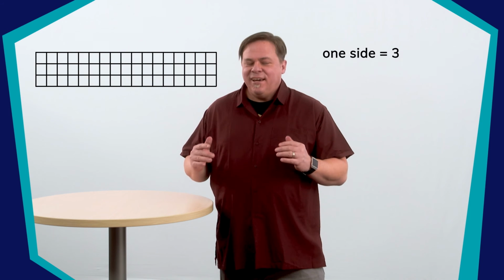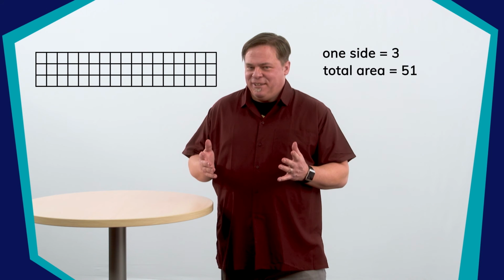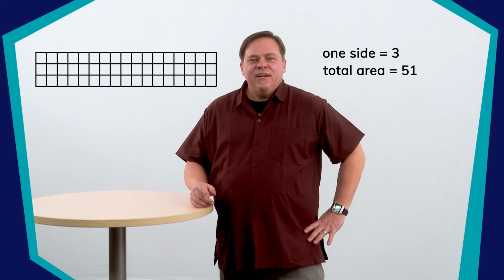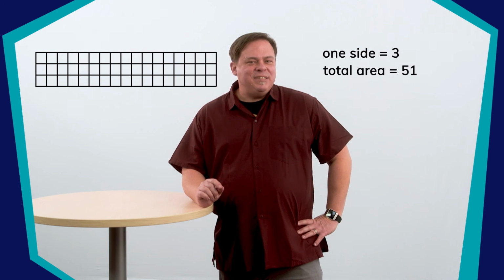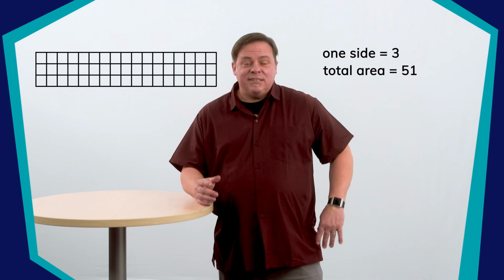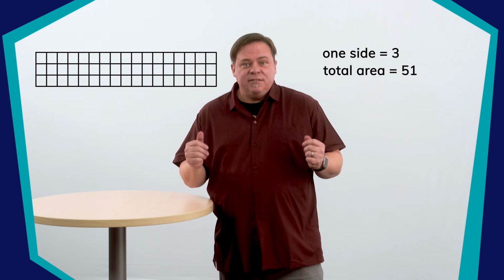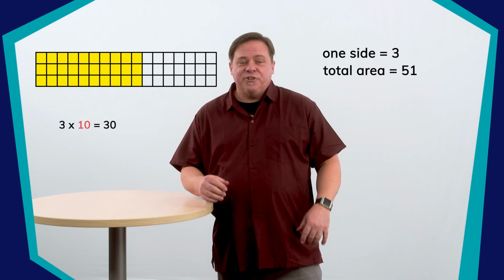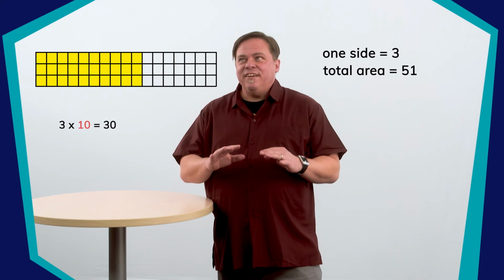We could also use the area model strategy to help us represent the problem. I'm going to draw a rectangle with one side being 3, and the total area we know is 51. The first number I think of that would be safe to multiply by 3 is 10. 3 times 10 is 30. That leaves us with